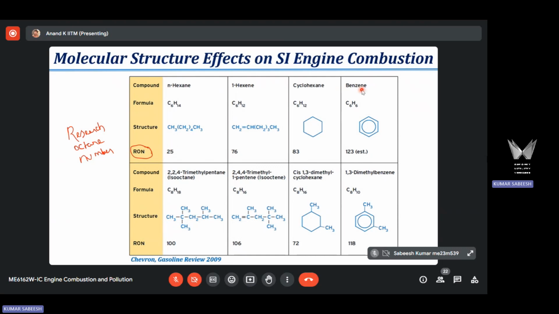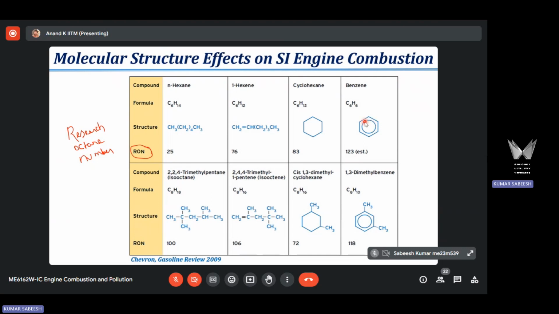Now you look at the benzene, which is an aromatic class. The octane number is 123. Within bracket, it is given that it's estimated. So you can measure up to 100. Above 100 is an estimated value. You have to do extrapolation. Later on, I will talk about octane number measurement. Here just take a note that the octane value is very high for this hydrocarbon molecular structure, which